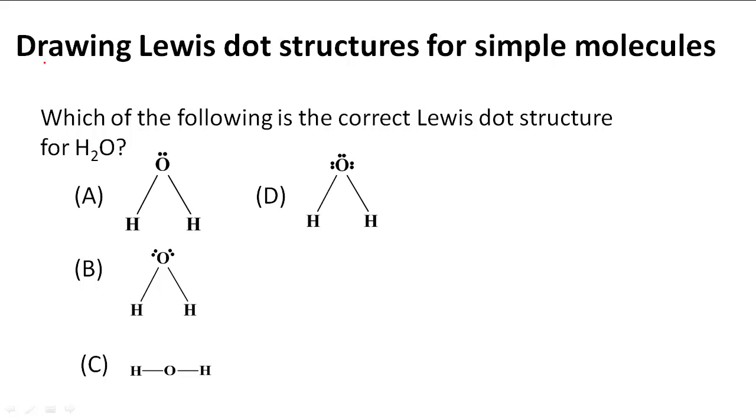Drawing Lewis dot structures for simple molecules. In this problem, it says, which of the following is the correct Lewis dot structure for H2O, dihydrogen monoxide, or water? So, we have four options here, and we have to figure out which one is the correct Lewis dot structure. So first, we have to draw the correct Lewis dot structure so we can see which one matches up